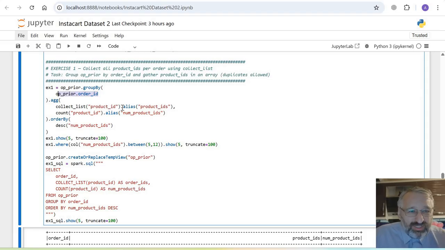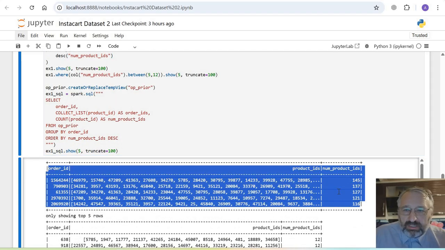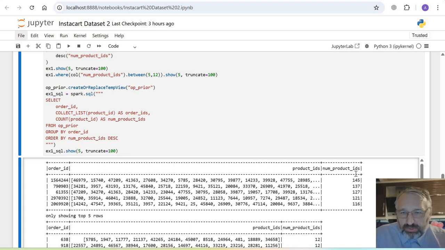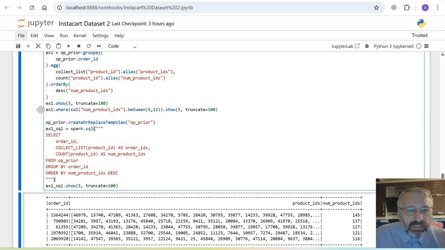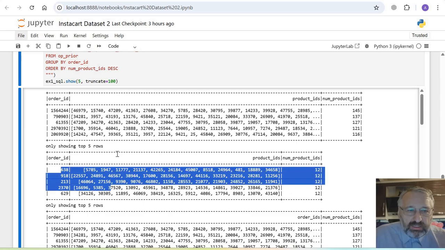So we're grouping by order and we're making collect list of product IDs existing in each specific order. Also, there is an additional count of number of product IDs, and we are sorting by number of products in the order. Okay, by default, we see this picture that certain product IDs in this amount exist in this order. This is filtered to see instances with a smaller number of product IDs, 12 product IDs per order in these orders,